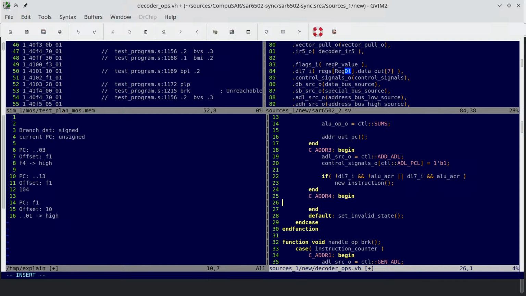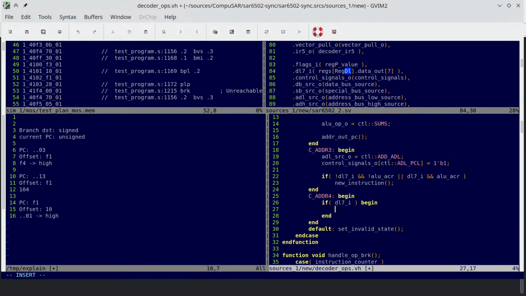So we need to add 1 if DL7I is positive, so the bit is 0, and we need to subtract 1 if it's negative. So if DL7I is negative, else